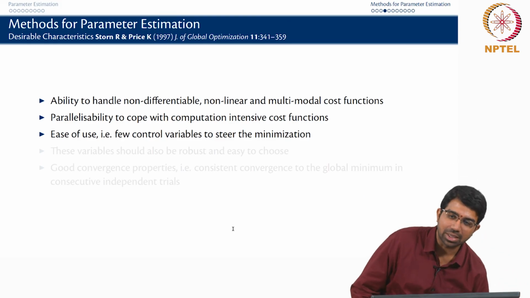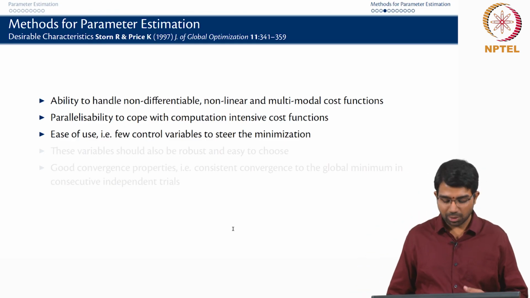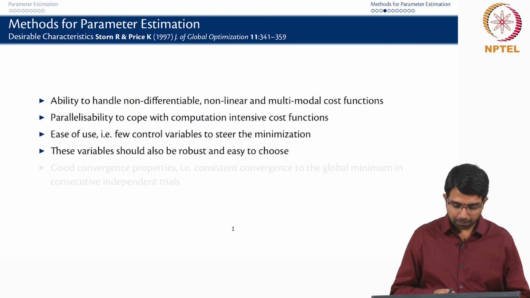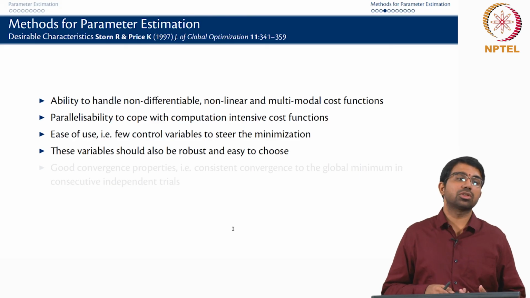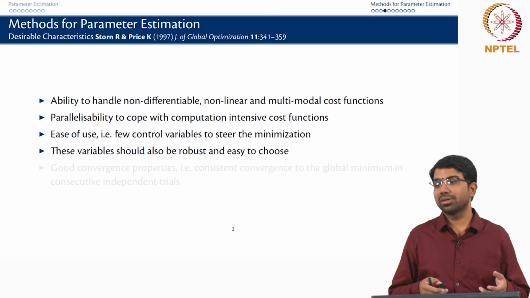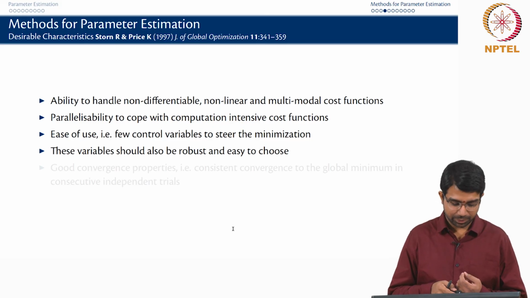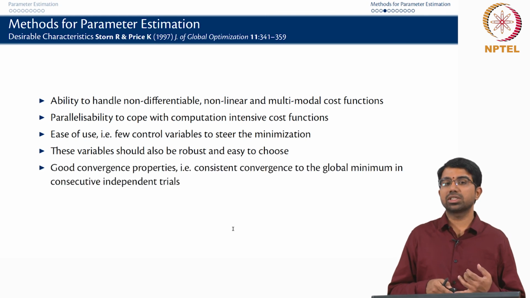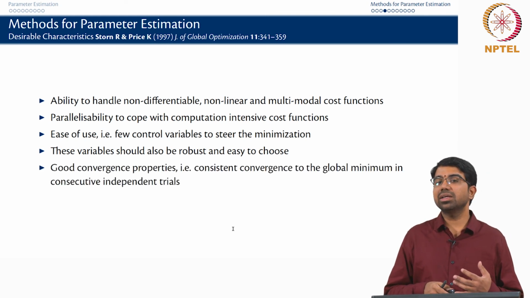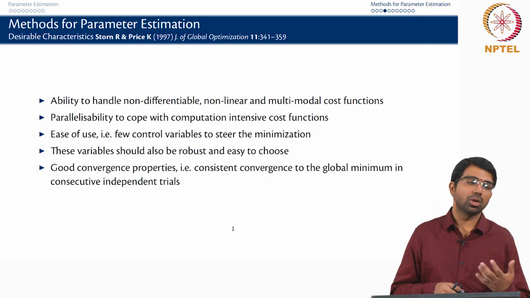Although that is not the best example, you will see better examples for hyperparameters when we look at more complex algorithms. These variables should be easy to choose. You do not want to spend a lot of time tuning your algorithm. You have to tune the algorithm by picking the right set of hyperparameters, right. And it should have good convergence properties, and ideally consistent convergence to the global maximum or global minimum